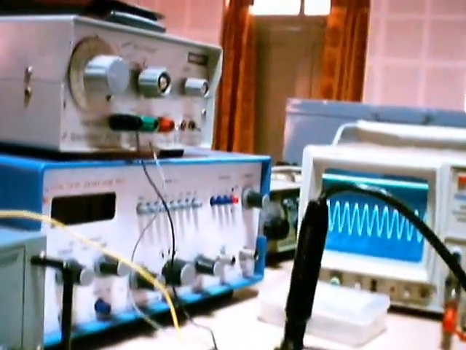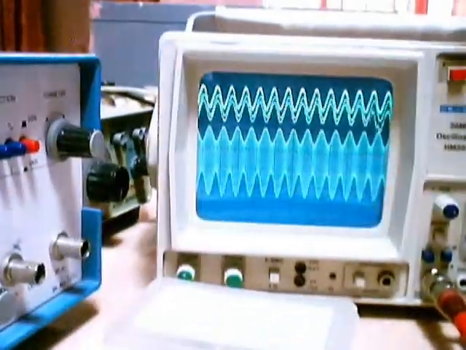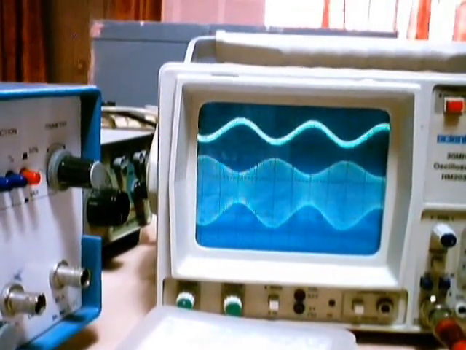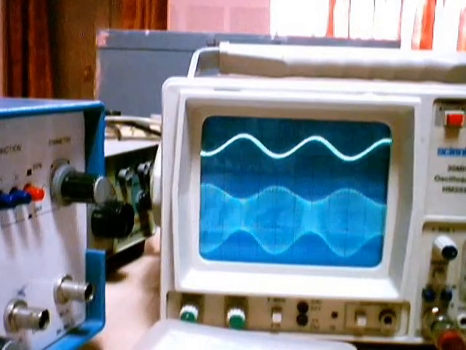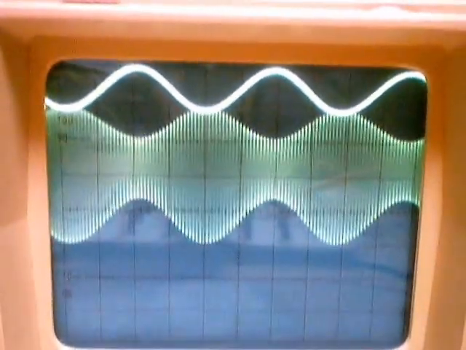Now if I apply the modulating signal, only the envelope of this carrier signal will change. I'm going to switch on the modulating signal. Now the above one is the modulating signal, and you can see the below one is the amplitude modulated waveform. As you can see, the envelope of the carrier signal keeps varying, in accordance with the